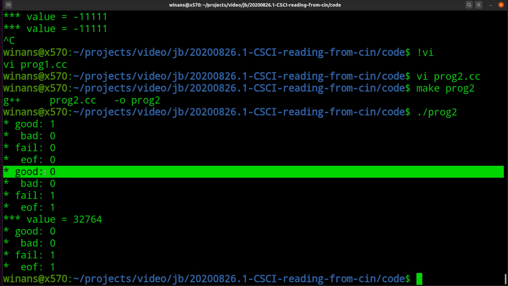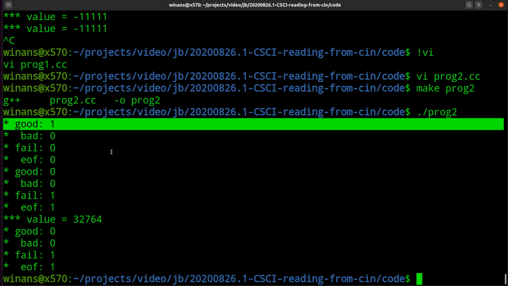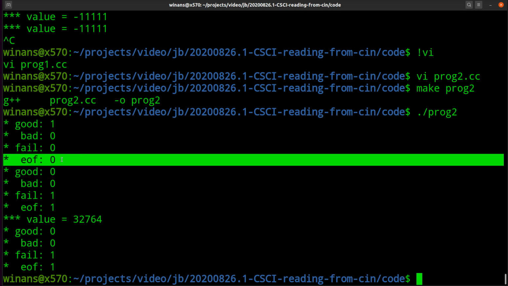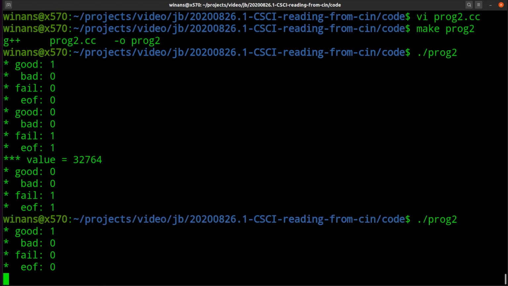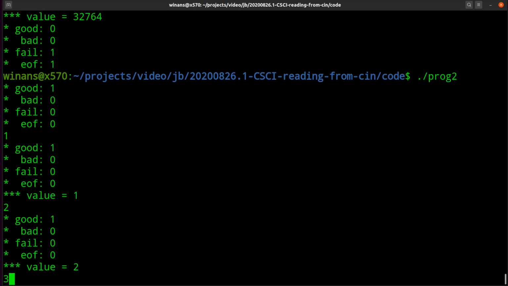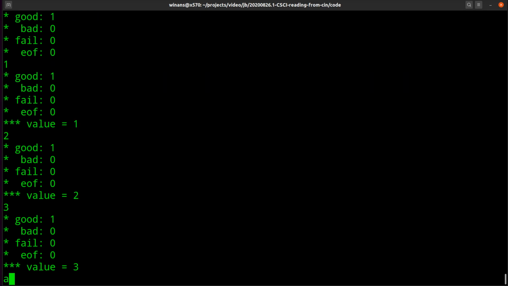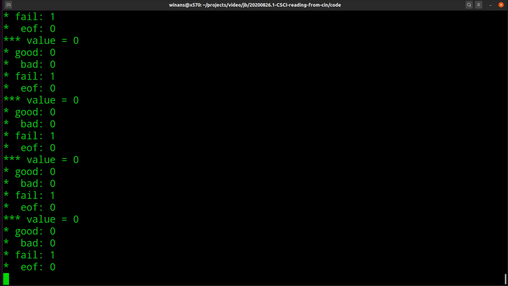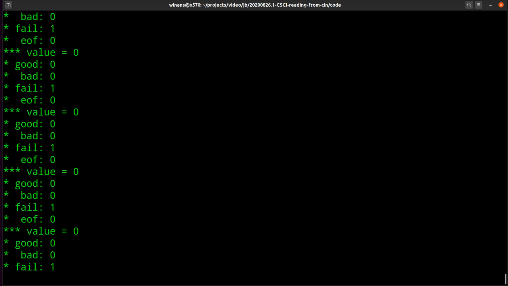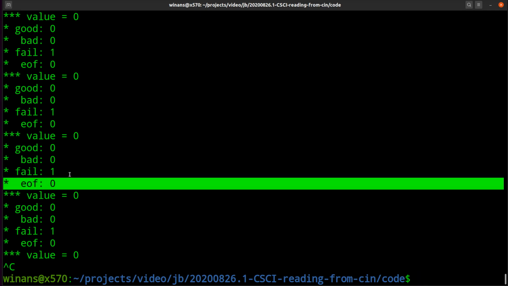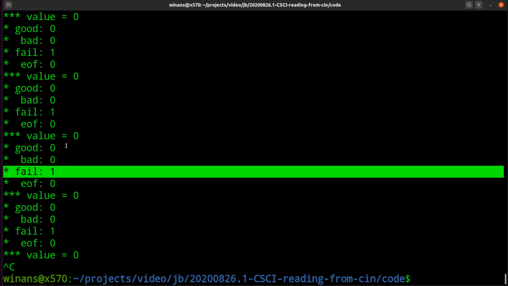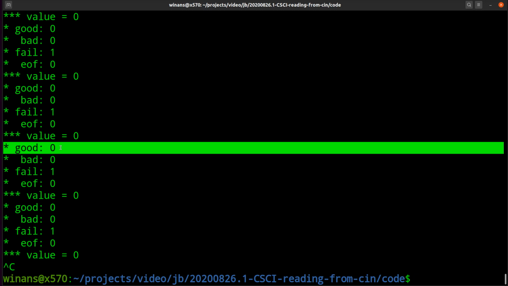Spoiler alert, good might be more useful as a flag, all right? You might want to say, while things are good, keep running. And don't bother checking just for EOF, because here's what's going to happen if I hit garbage characters in there, right? 1, 2, 3, and I hit A, B, C. It can't read anything, and look what's going on now. I'm going to have to hit Control C to stop it because it's spinning out of control. It hasn't encountered an EOF, but the input value has failed. It also is not good, all right?